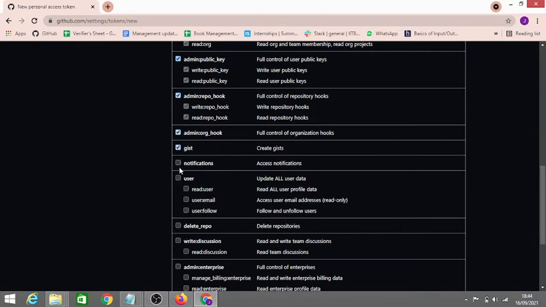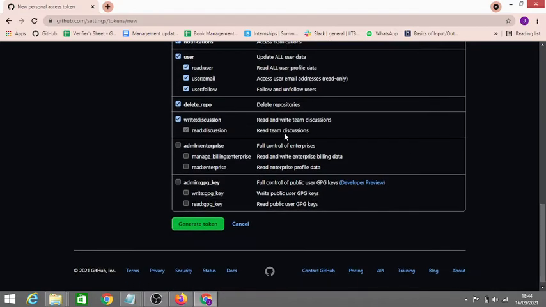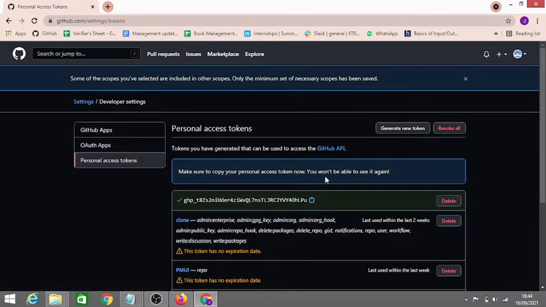Make sure that you don't miss any one of them. Select everything. Yeah, I have selected everything. Every checkbox I have selected, and once it's done, click generate token and a token will get generated. Now this is the token that has been generated. Copy this and paste it somewhere in your system, because this token is very important while submitting the set. So this is the entire procedure of generating a token.